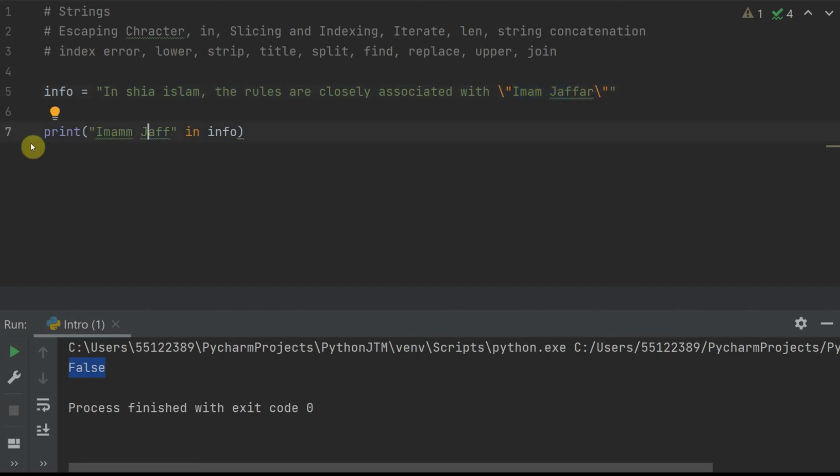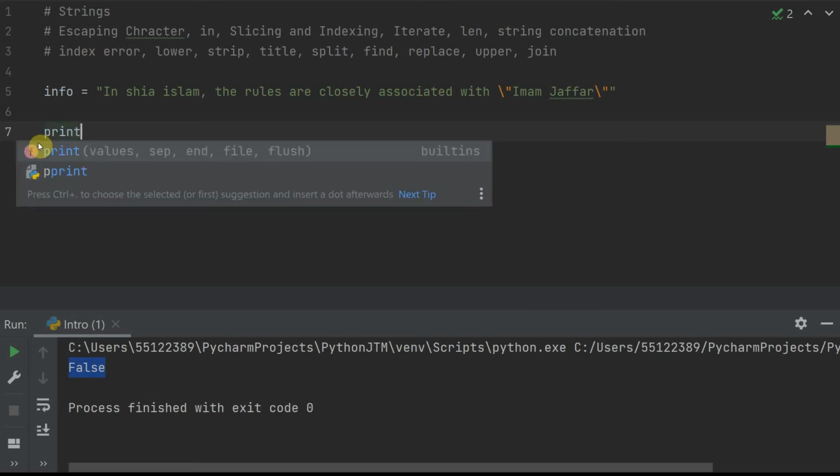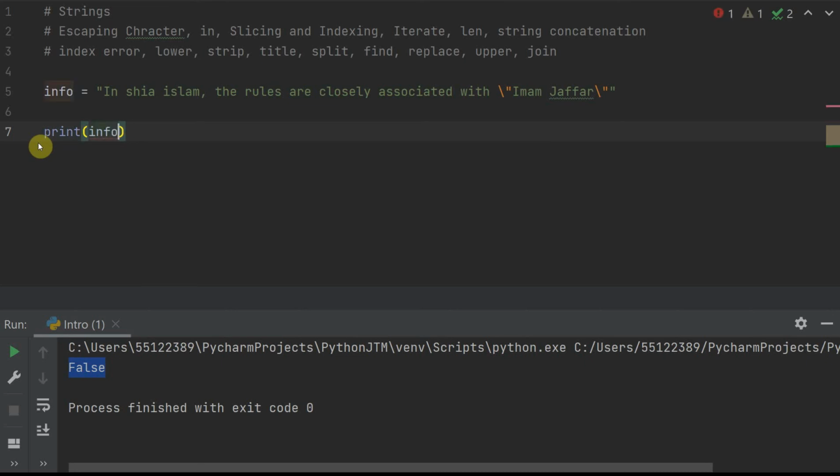So that's how we work out whether something is in the string or not in the string. Now, we have talked about slicing and indexing quite a lot, and I'm pretty sure you would be able to guess how to do it, but if not, please refer back to the videos. But in this case, let's say I want to print not every information, but info square bracket. That basically means I'm slicing it out. I'm saying, you know what, give me the 6th character in this particular one. If I run it, it says it's A.